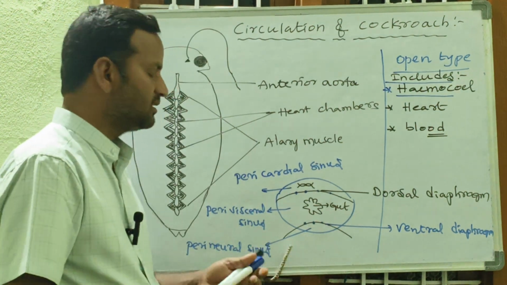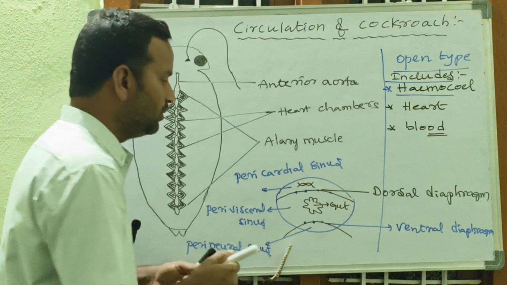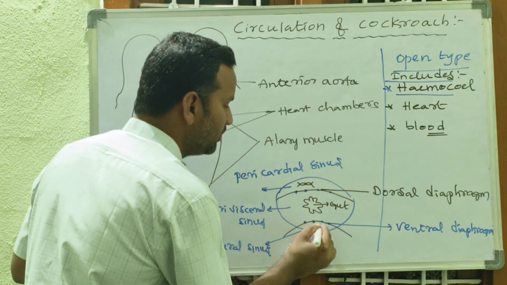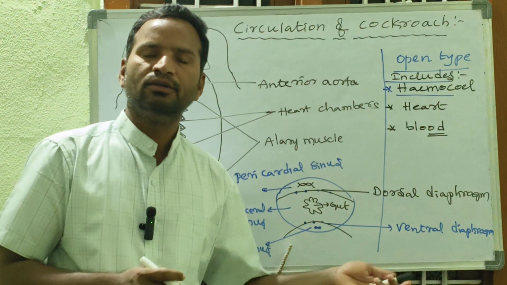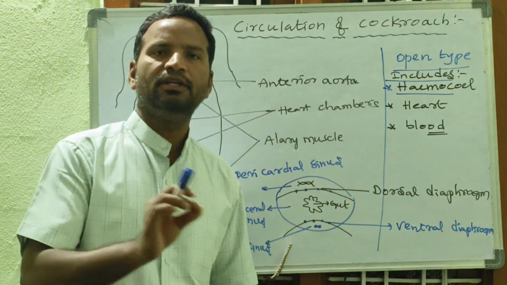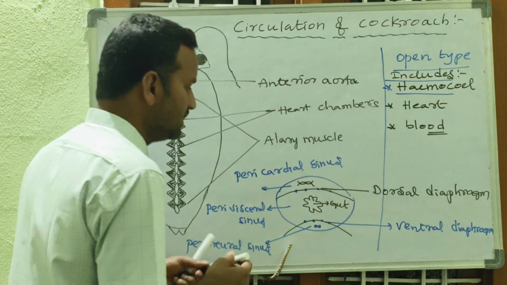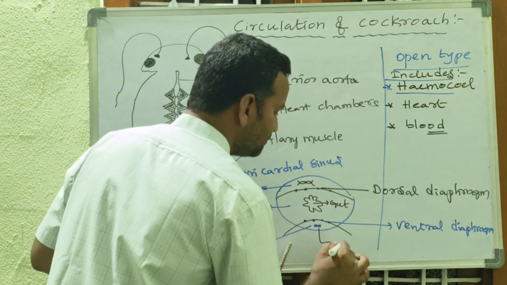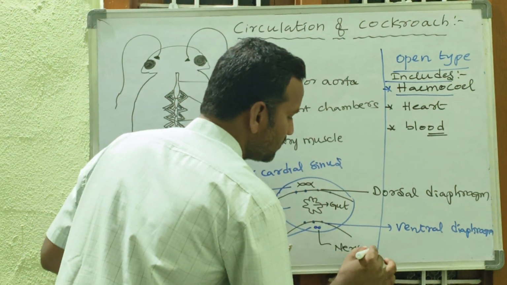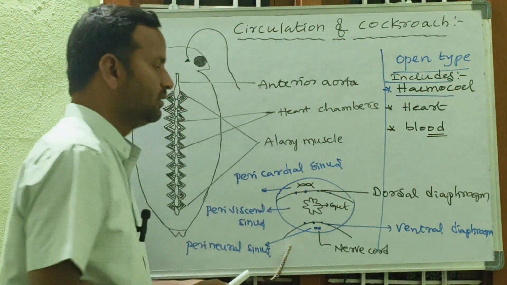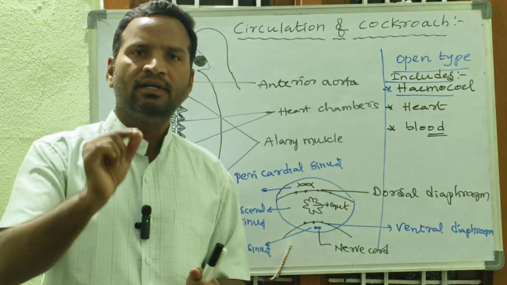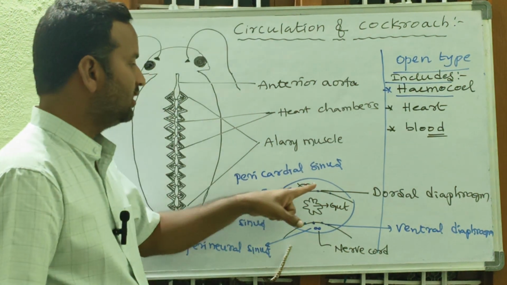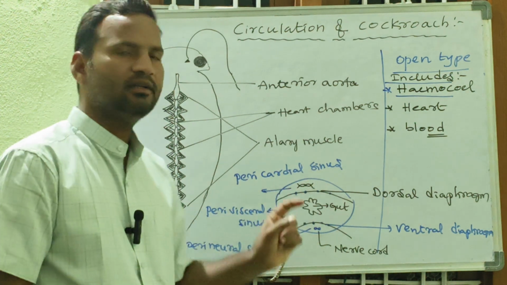In this region, this is called the perineural sinus. What will be present in it? The nerve cord. Due to the presence of the nerve cord, this is called the perineural sinus. This is about the hemocoel. But in this region, especially in the pericardial sinus,